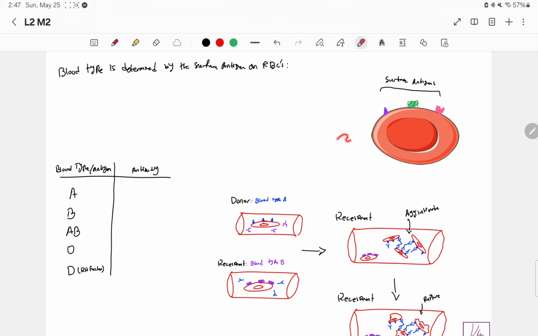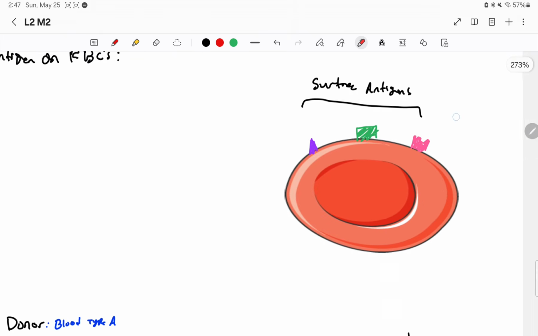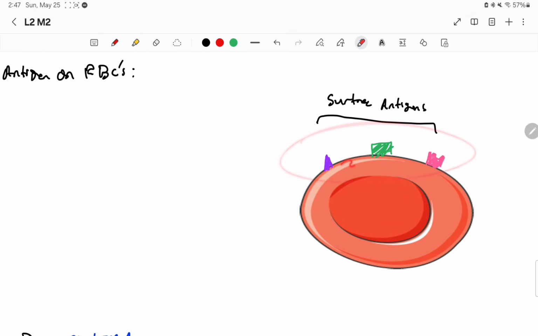That is not known to us. We don't know that thing. And your immune system is threatened by it. It'll immediately try to attack it. Now, these surface antigens are what the immune system is eliciting a response against. So if we could match the surface antigens of the person who is giving us blood with our surface antigens, then and only then will the immune system not elicit a response against it